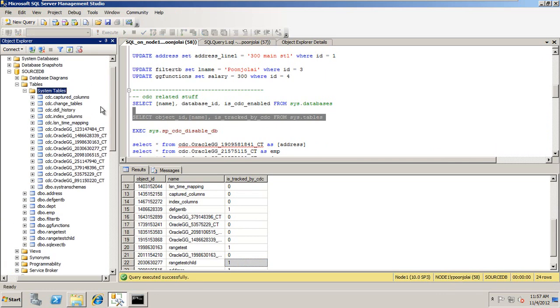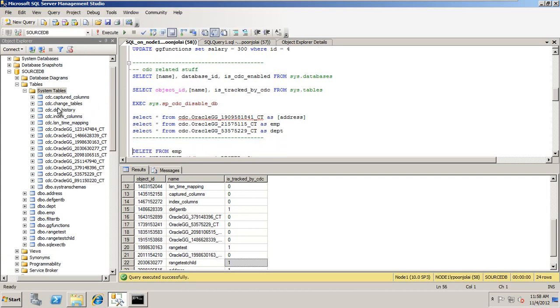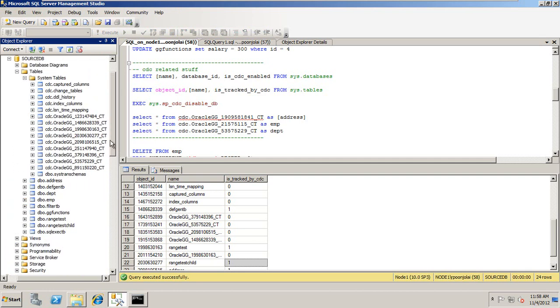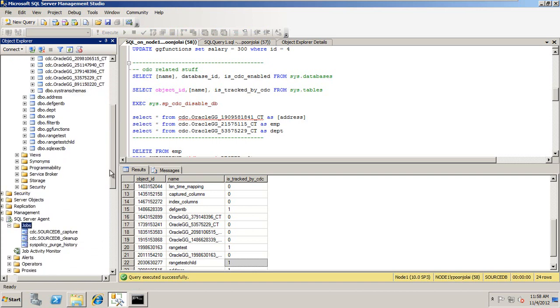So whatever columns it is capturing, here you can typically dive into the CDC stuff. The DDL history and all that stuff is here. This capture job captures the transactions and writes the data into these tables. Now, GoldenGate doesn't use the full functionality of CDC. It just uses it for minimal purposes, just for tracking and